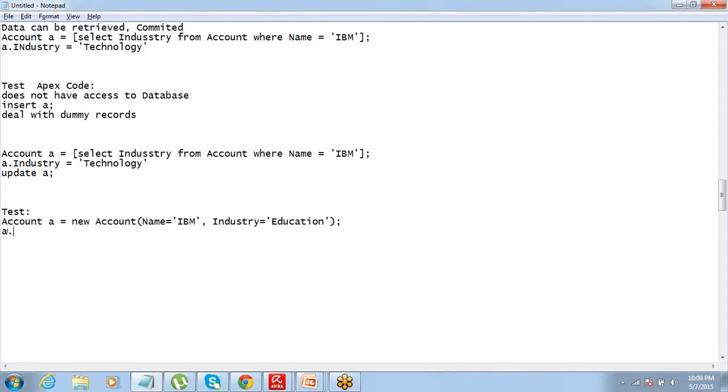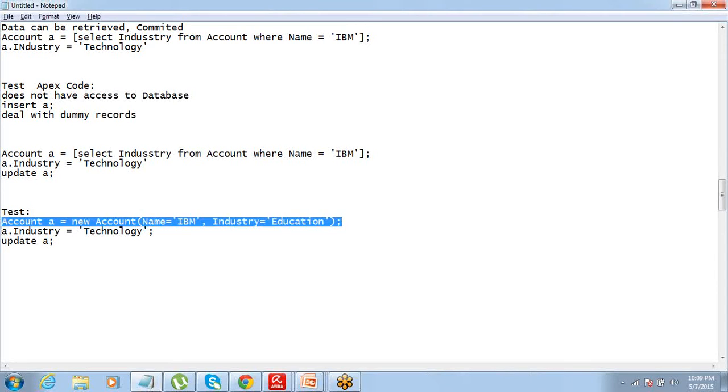Okay, a dot industry equals technology, update a. Got it? So because my test does not have access to the actual database, you always have to supply the dummy records there.